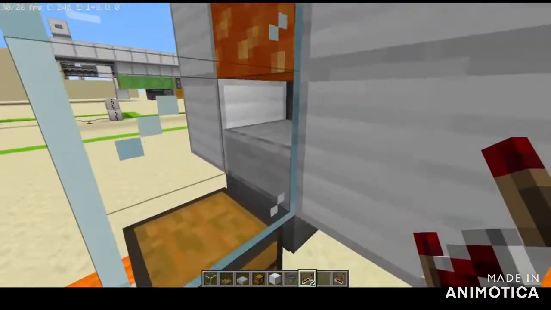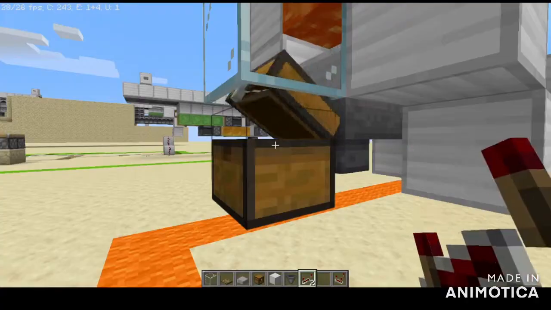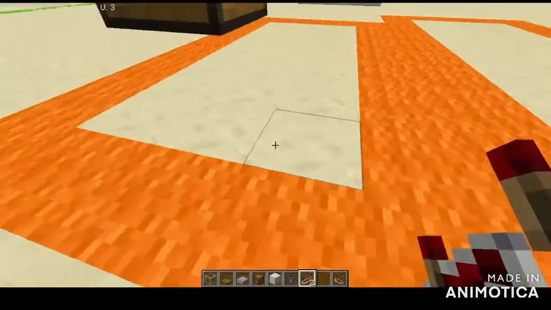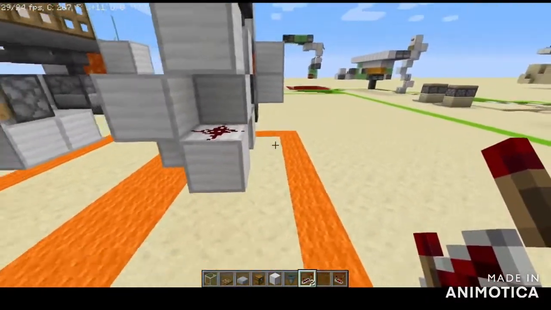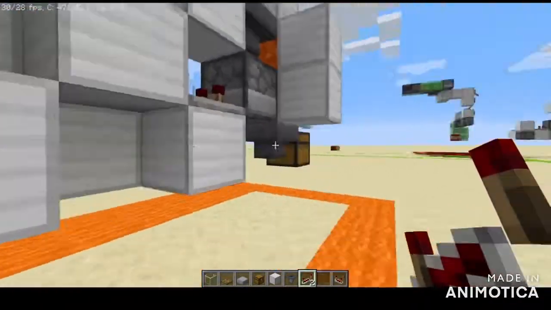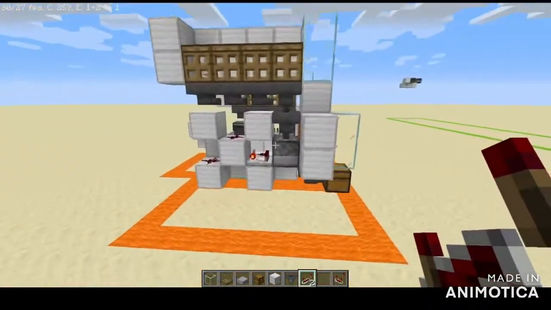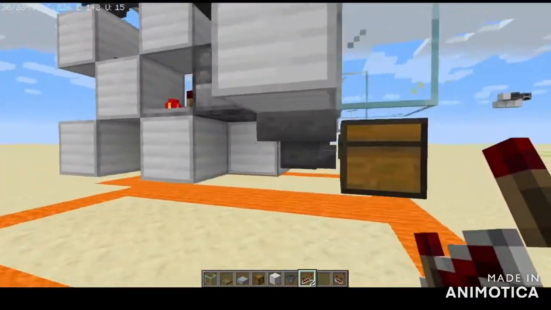Polite way of saying it, they would die, and then drop that cooked chicken into the hopper, which then goes into the chest. You can actually lower this design by 1 block. I've just done this when it's floating because it's Minecraft. You can make it float, so why not? Even though it doesn't look good, this is my redstone test world. This is more the functionality of it, the bare bones, so you can actually see what blocks you need and